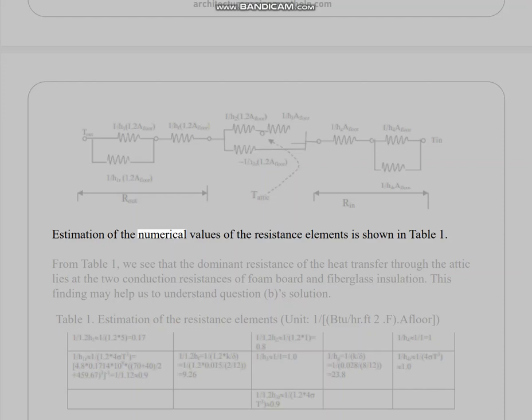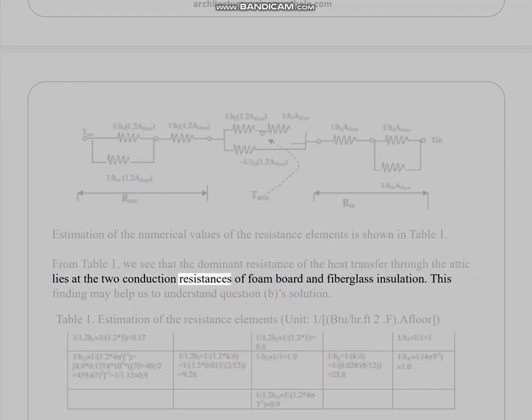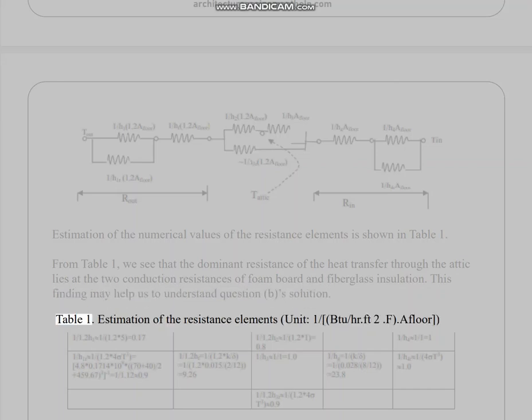Estimation of the numerical values of the resistance elements is shown in Table 1. From Table 1, we see that the dominant resistance of the heat transfer through the attic lies at the two conduction resistances of foam board and fiberglass insulation. This finding may help us to understand question B's solution. Table 1. Estimation of the resistance elements, unit